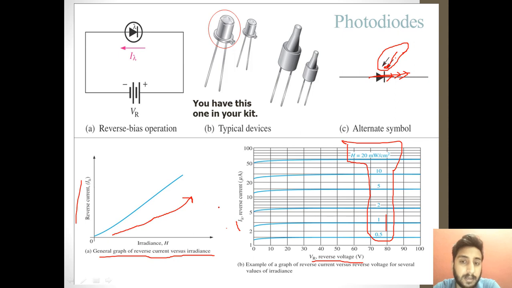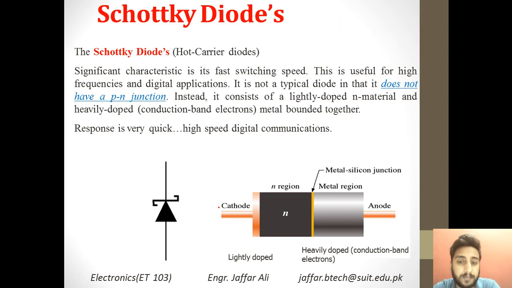So this is the best diagram from which you can understand the working of photodiodes. Now there is another interesting type of diode, termed the Schottky diode, and it is used somewhere where you need very fast switching. Now normally a diode has a